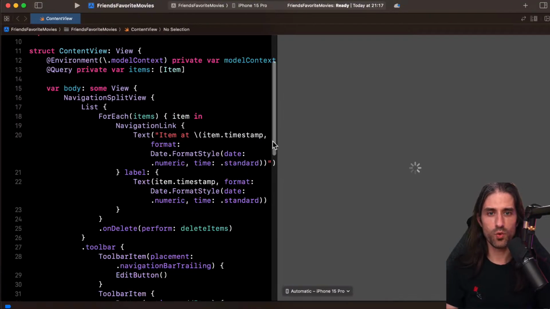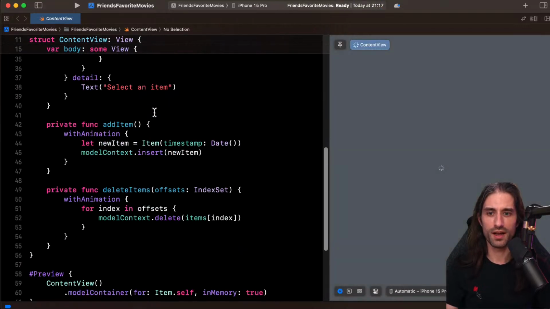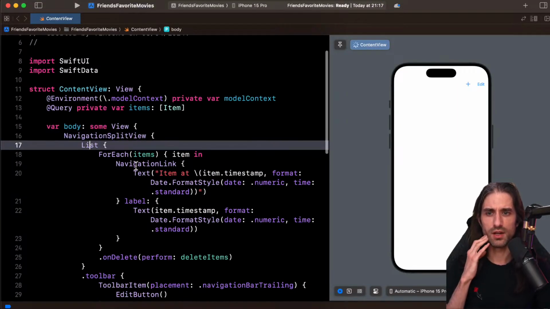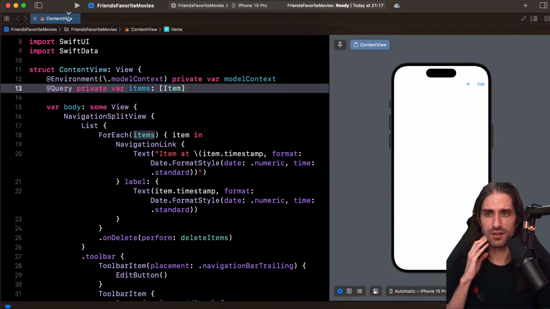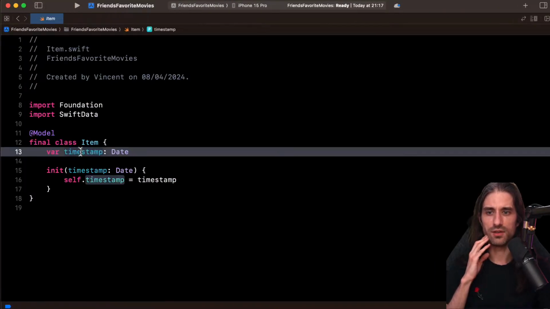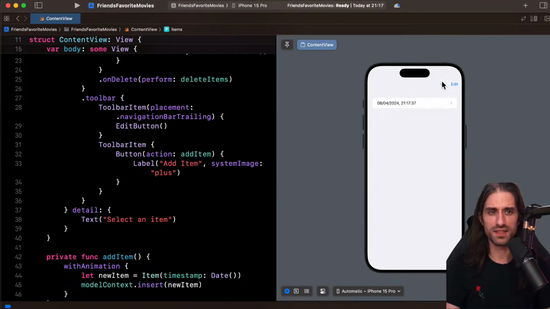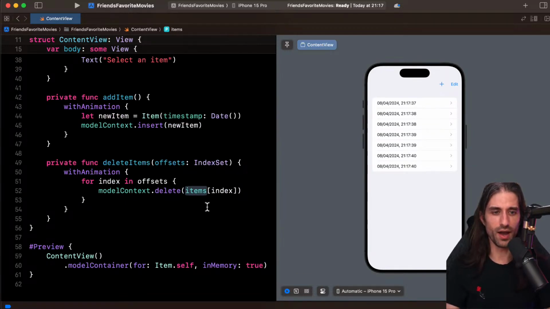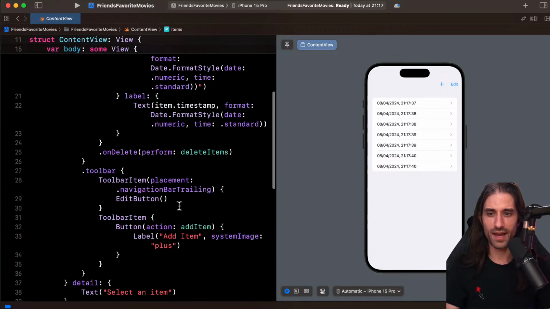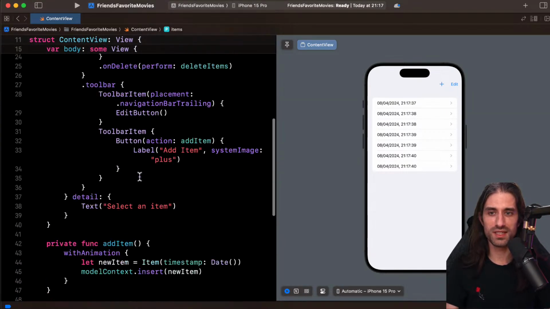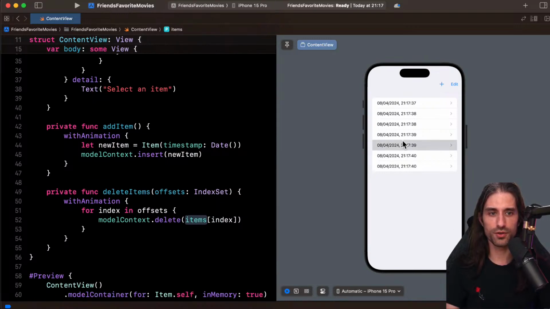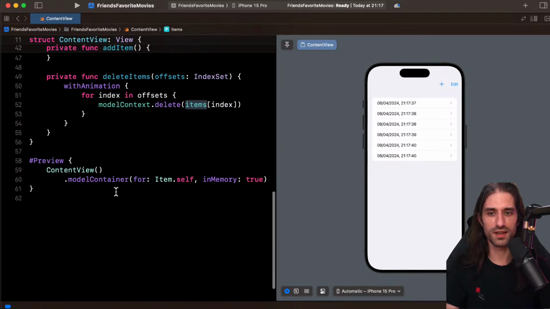And so you can see this time we have quite a bit more code. We have a full app with a navigation split view, a list, some items being stored. What do these items contain? They contain just a timestamp, so the minimal piece of information that you can save. And basically, when you tap plus, you save the current timestamp to a list. So I guess it's the hello world of the Swift Data realm, and what's interesting is that we already have the primitives to add an item, what we've done, but also to delete an item like that. So that's pretty cool to have this already built in.